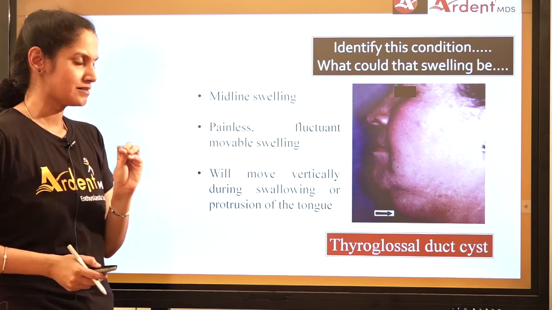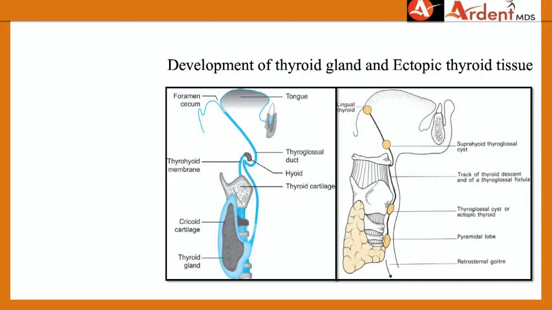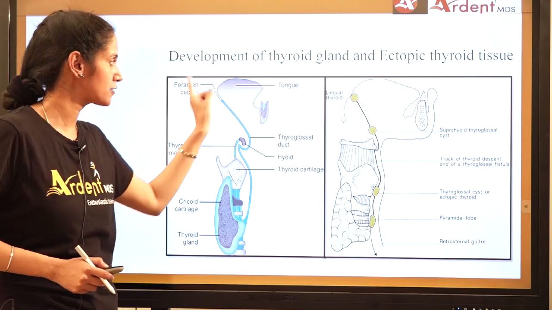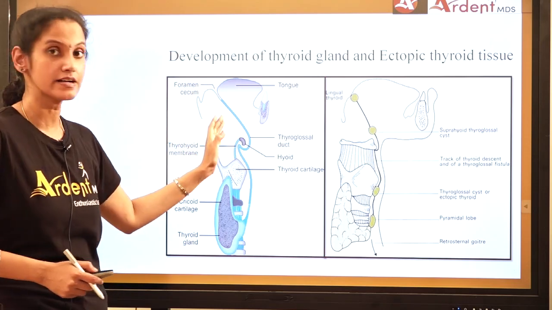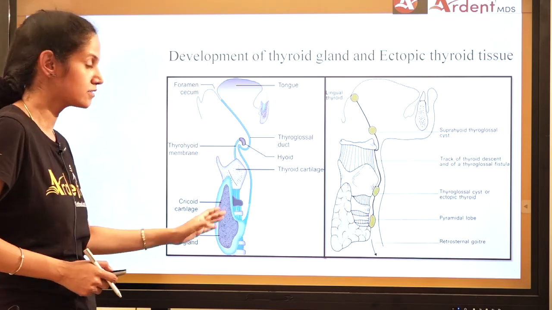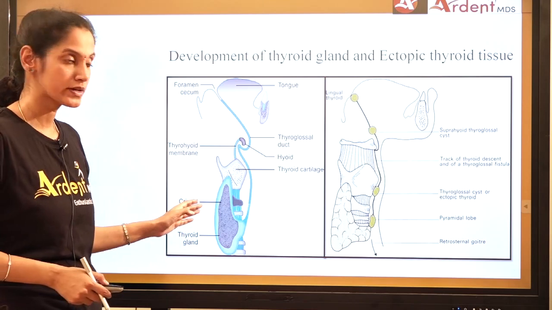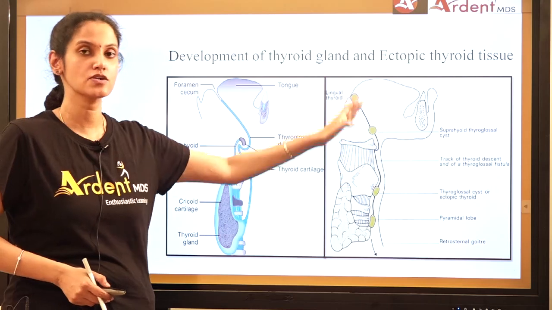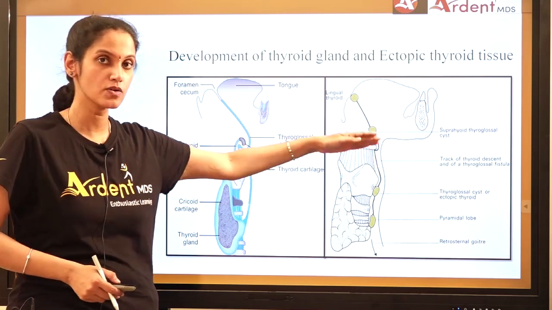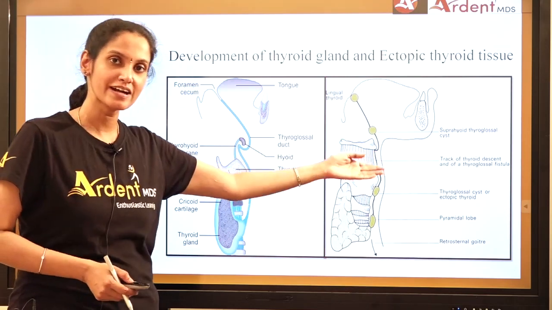A little more on the embryogenesis of the thyroid gland, okay? Thyroid gland development starts from the floor of the mouth, from the foramen cecum; the thyroid enlarges around the 3rd week. It will start descending down through the thyroglossal duct till it reaches its final position below the hyoid bone, in close proximity to the trachea. But anywhere during this descent, it's going to stagnate. The descent is going to stop for some developmental disturbance. There it gets lodged as an ectopic thyroid.